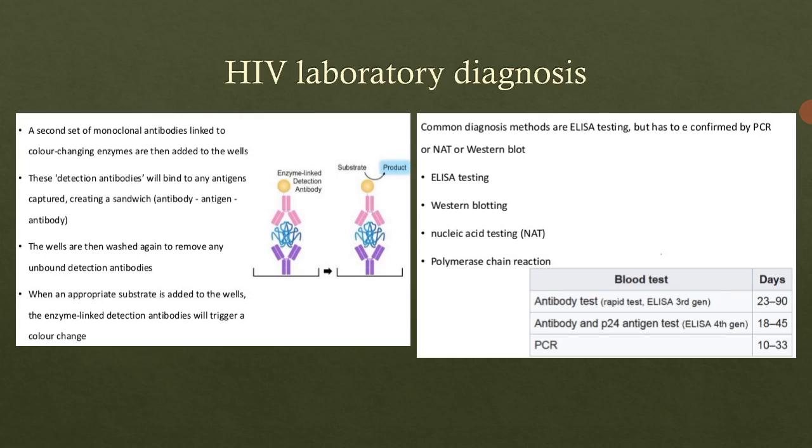You can see in that picture the arrangement is more like a sandwich. Two layers of antibody, and in between the antigen is there. Therefore the name is the sandwich ELISA method, which is a very common method used for detection of diseases and the HIV virus. Now the detection antibody, that is our secondary antibody, will bind to the antigen. Okay, now the color will change.